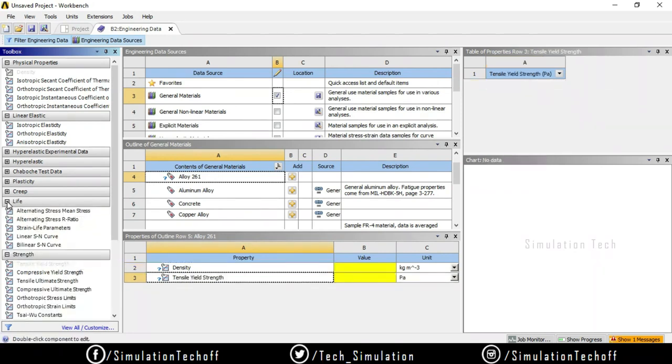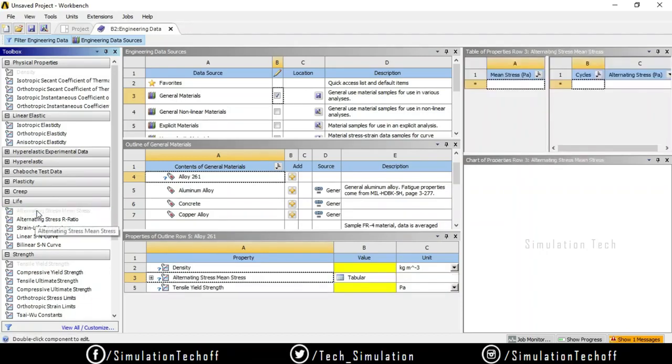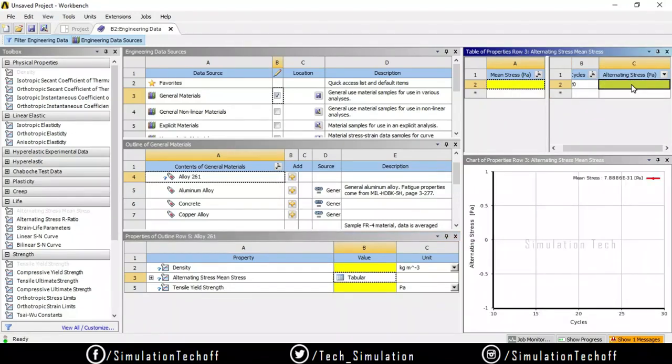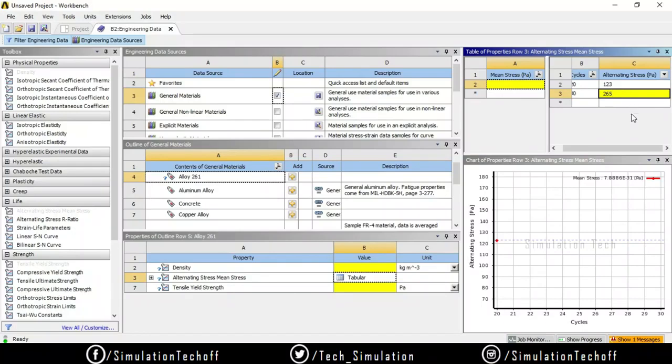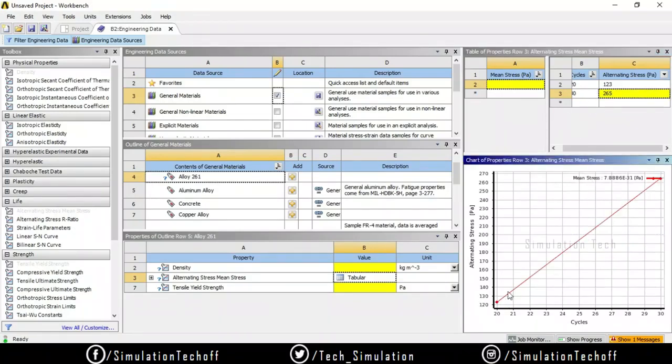And for example, if I want to perform a fatigue analysis on this alloy, I need an SN curve. So I can add an SN curve over here. For the SN curve, you need to create a tabular column: which cycle and what is its alternating stress. So 20, alternating stresses 1 to 3, and 30. So readily you can create the values over here. So 30 to 65. A curve will be generated according to the values you have provided over here.